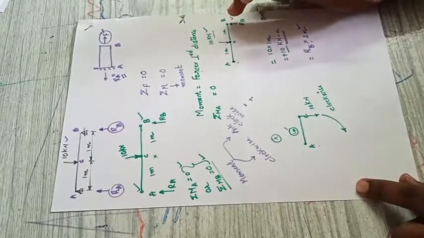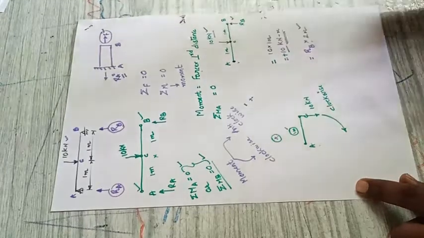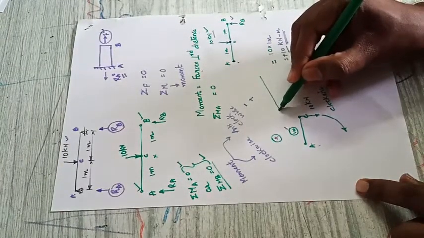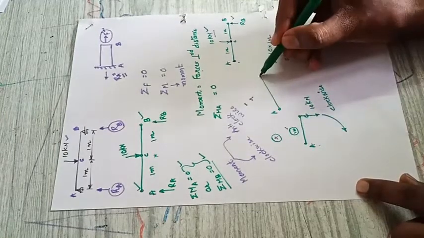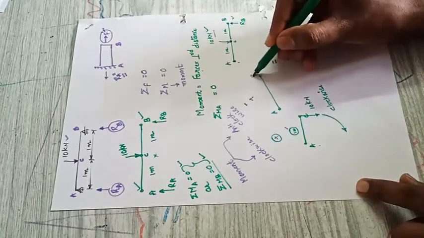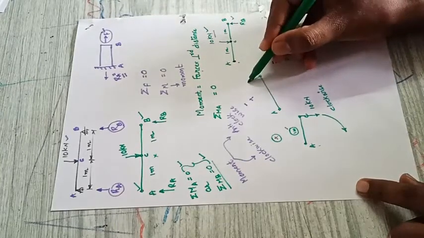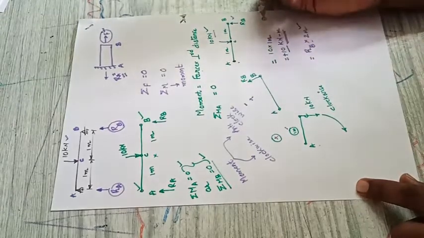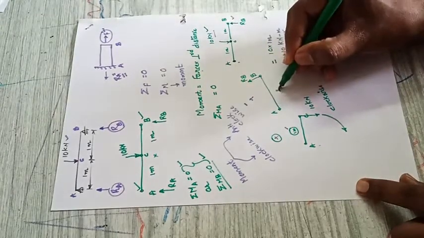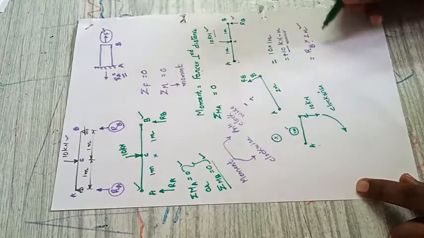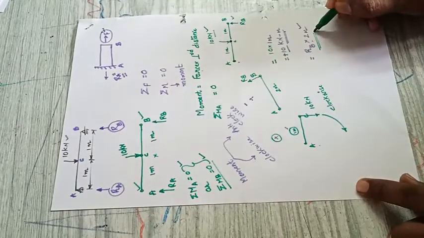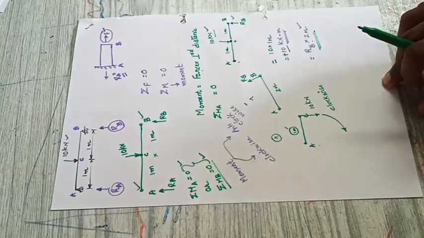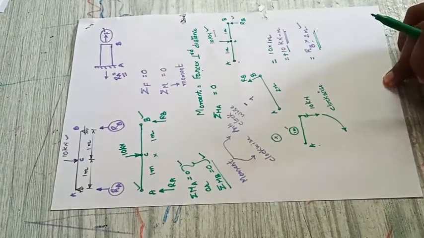Okay, same manner for this reaction force. So reaction force, I will keep it here. It is A, here is B, and it is acting like this. It is RB. We know the magnitude, it is 2 meter distance. We know the magnitude of the moment here, but we want to know the direction of the moment, whether it is clockwise or anti-clockwise.